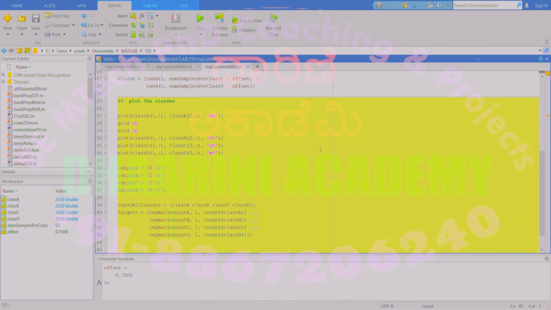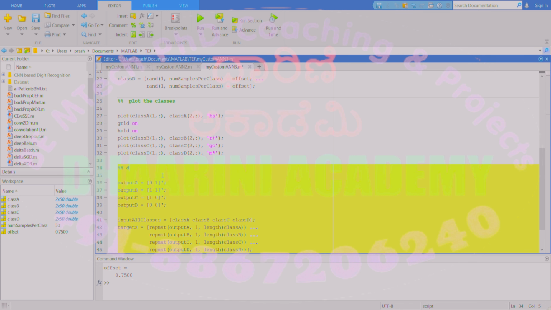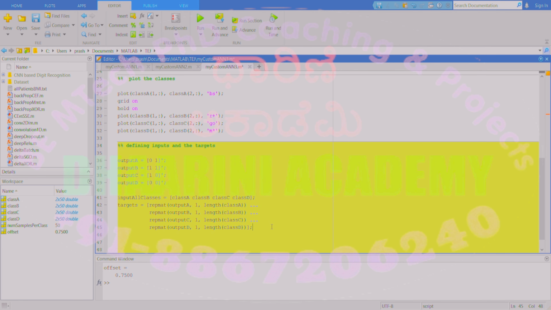Now let us directly start with the next part. Here we define the inputs and the targets. Okay, once this is done,